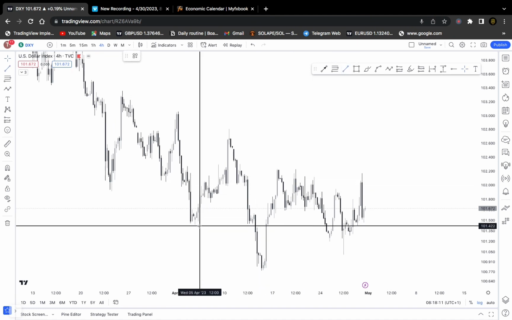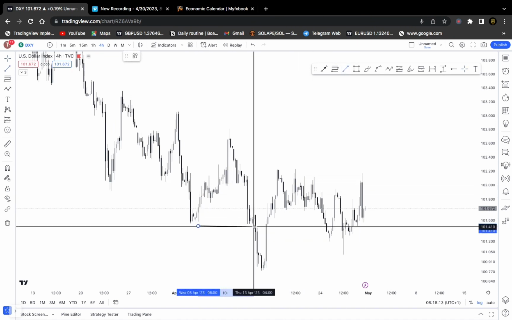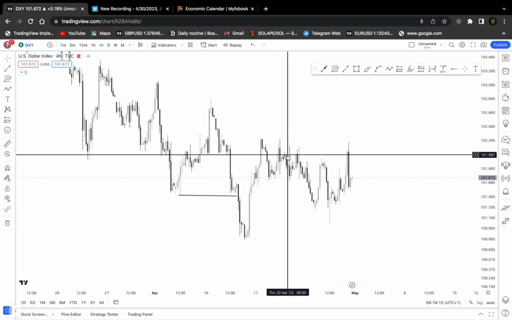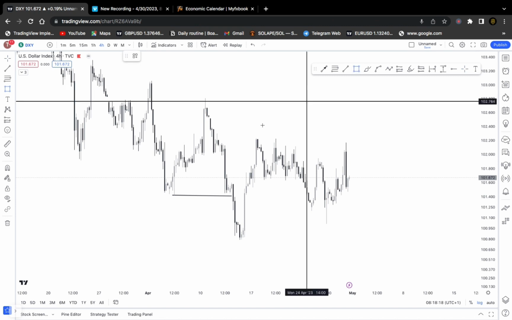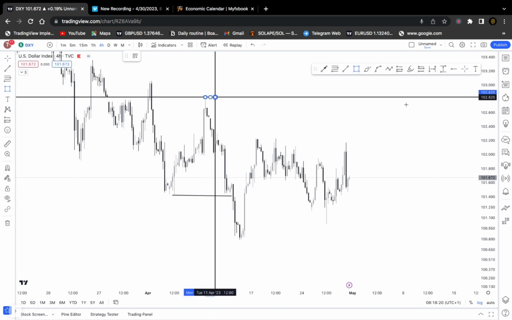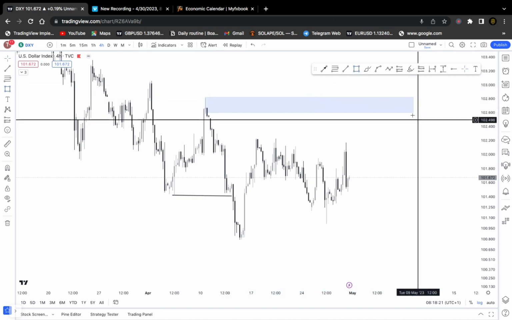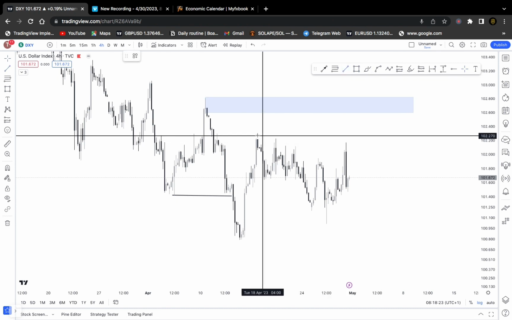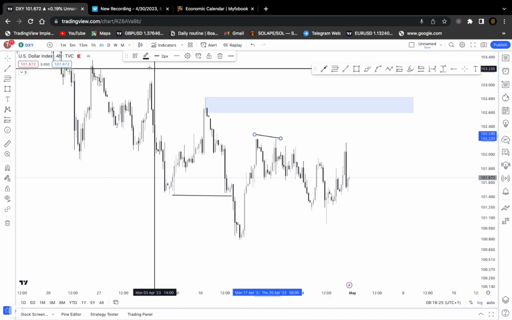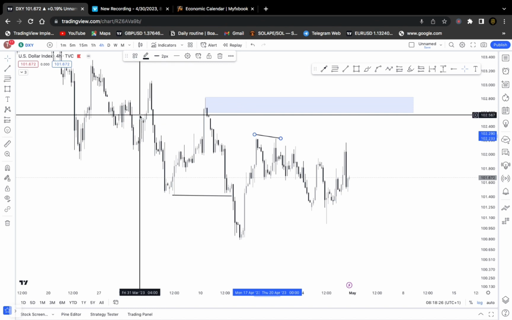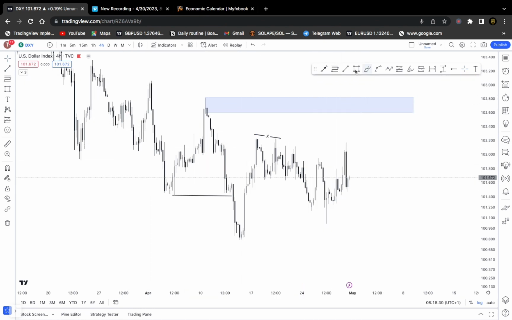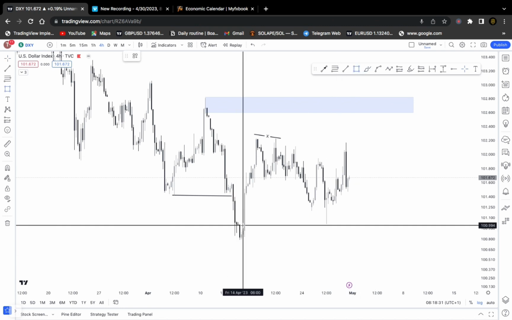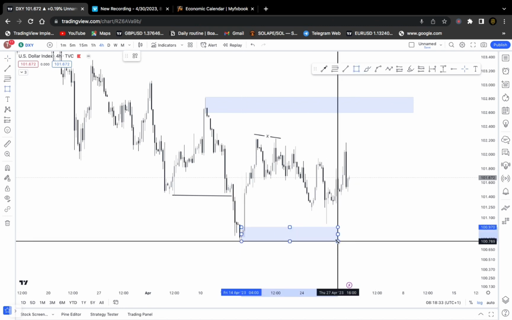Okay, so what we have here is a break of structure to the downside, although we have seen some two sides of opportunity. We're going to first of all start with the sell opportunities that we have on our chart, and we also have these supply zones here, and we have some liquidity at the top there. We had the break of structure to the downside, liquidity at the top there that would love to be swept out. And looking at the buy side, we have a demand zone there,